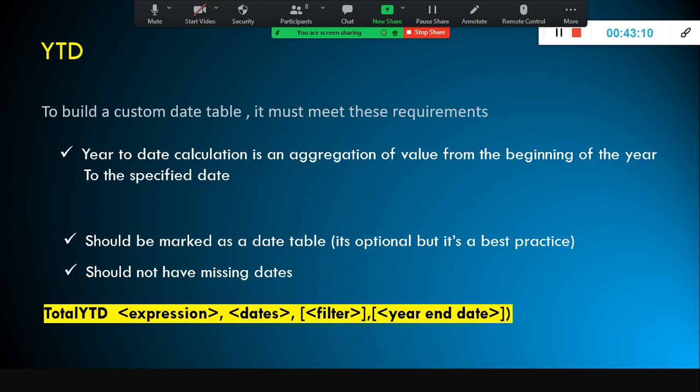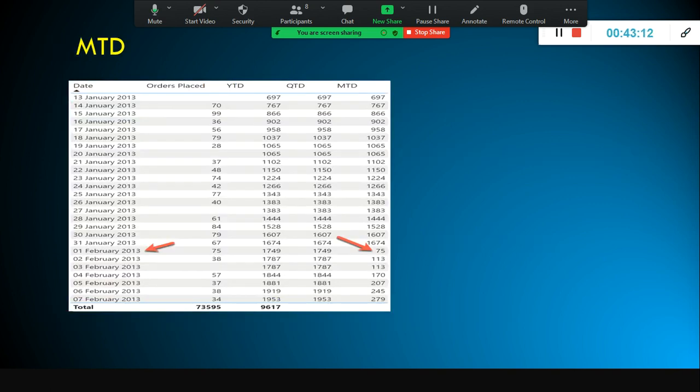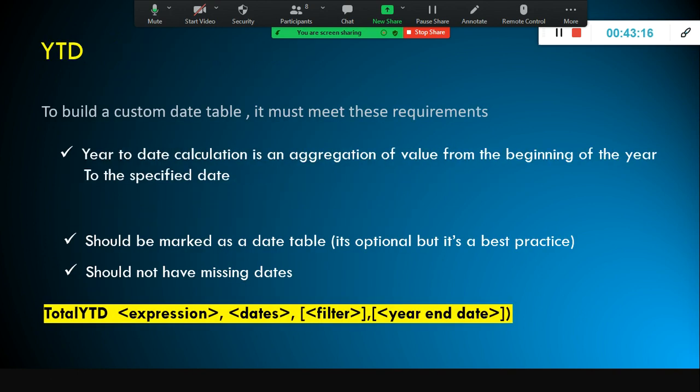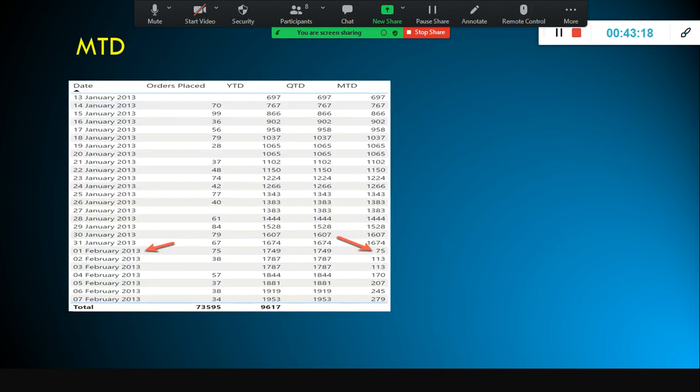Okay, total year to date, and let's take another example for month to date. First of all, why do I need to have a date table? With this example I'll help you out. This is month to date. If somebody is asking you, instead of year to date, month to date.